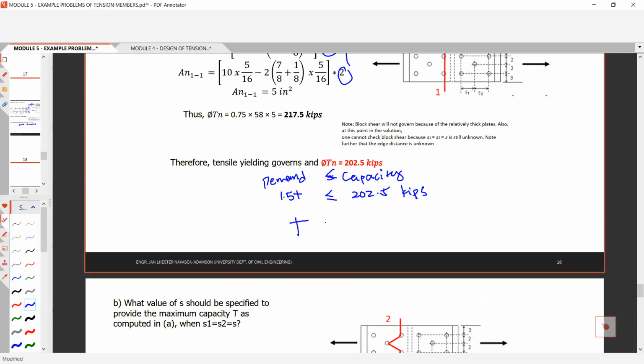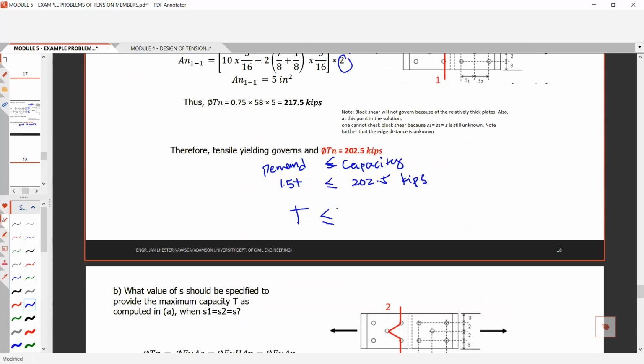Therefore, solving for T should be less than or equal to 202.5 divided by 1.5. That is equal to 135 kips. Okay, so this load T is 135 kips,